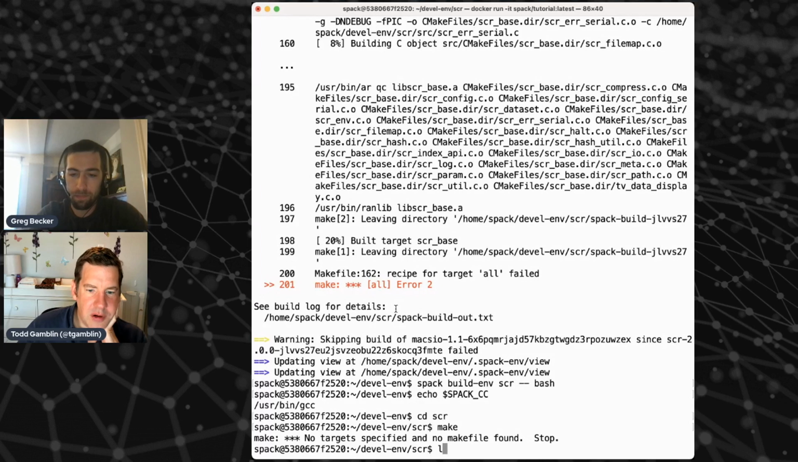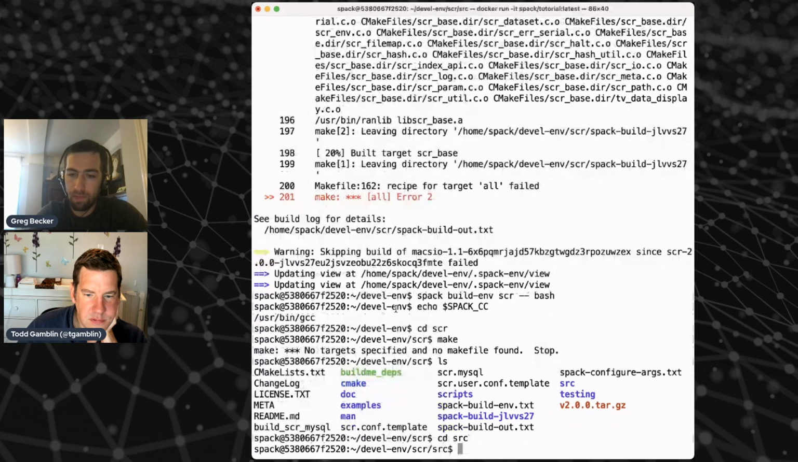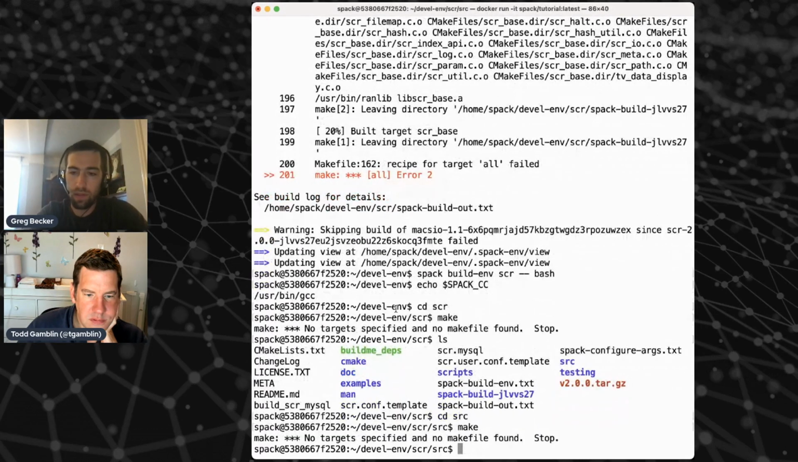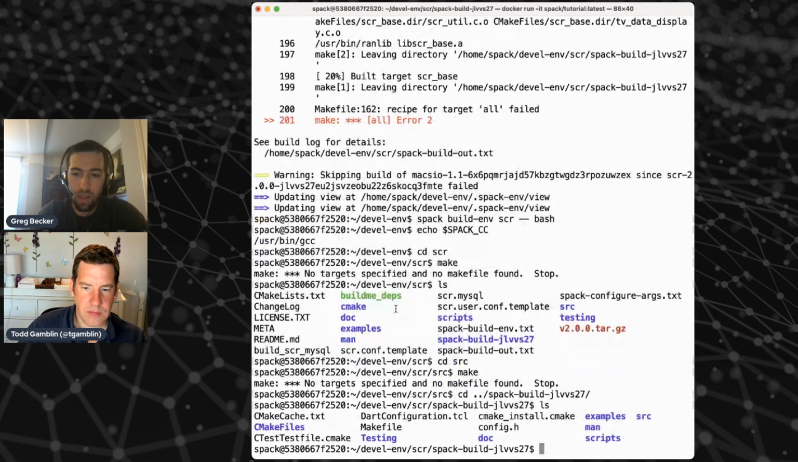One directory deeper, right? It's under source. Nope. Oh no, it's up in the CMake directory, right? Or isn't there a separate build directory for this? Yeah, spack-build. Yeah, here we go. It made the CMake out of source directory there. Yep. So we can run make